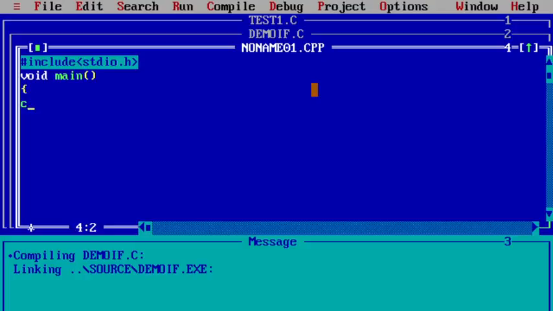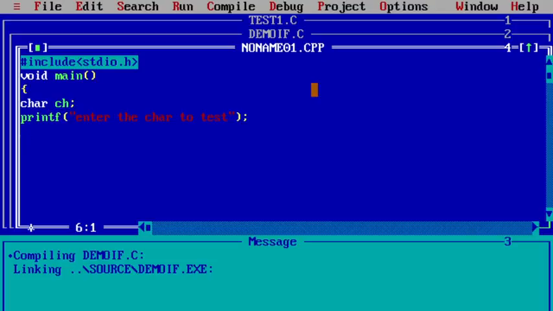I'll use a character, the character whatever I enter, whether it is a vowel or not. Character ch I am going to be using, then printf, enter the character to test whether it is vowel or not. Then bracket complete, then semicolon.